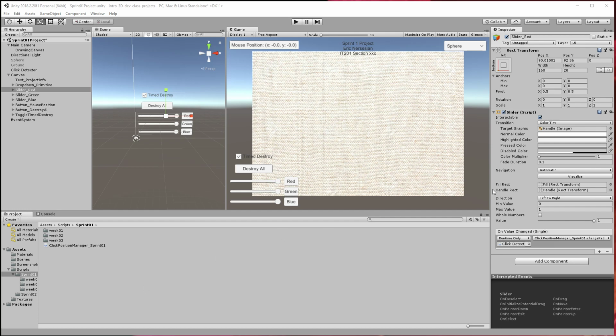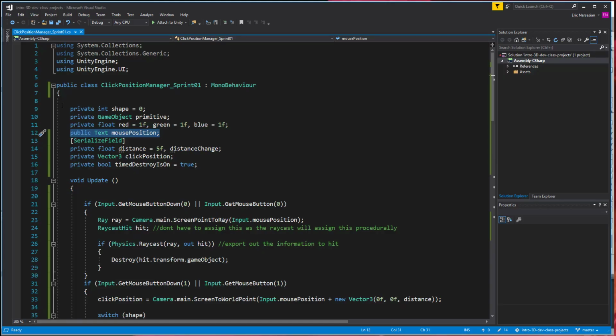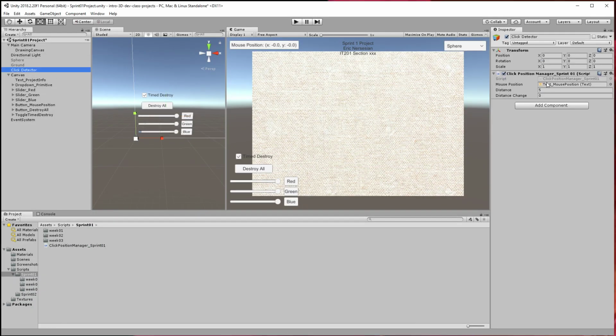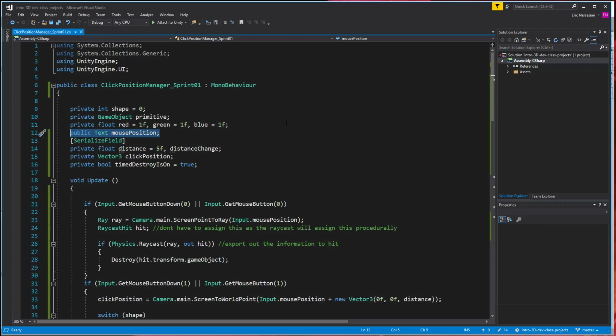So, I described to you what my project was, and I'm going to go through the script. The only variable that was public was this text field, and the only reason for that is because I end up wanting to connect it to another object later. So it's super easy to expose it and connect it. Everything else you'll notice are private, and if I just